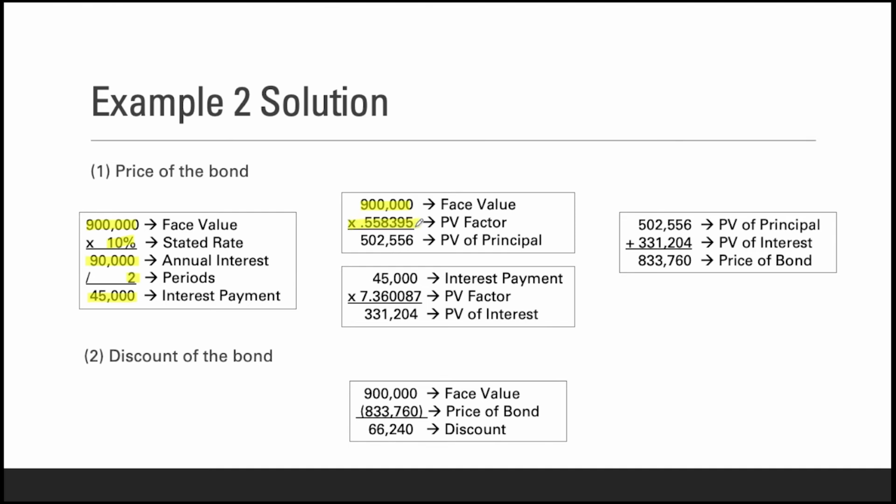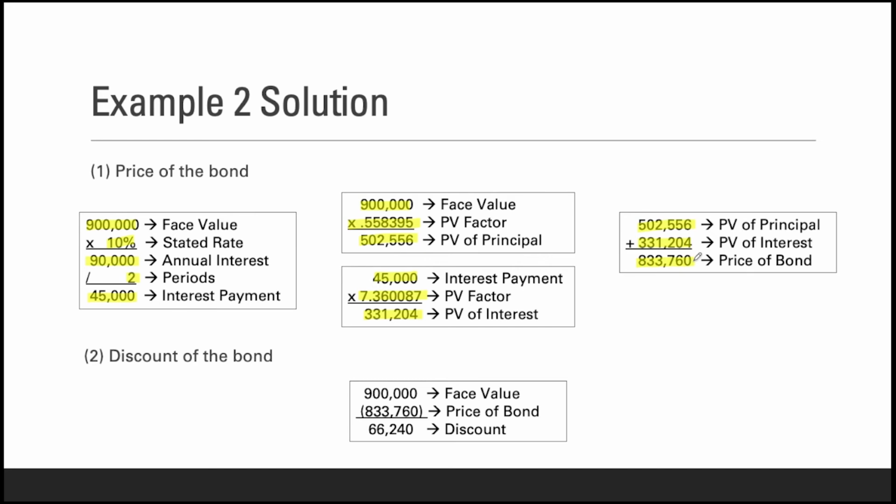So again, jumping back to the solution here, take your face value of $900,000, multiply it by its corresponding present value factor, and we get the present value of that principal, which is $502,556. Likewise, take your interest payment, multiply by its corresponding present value factor, and we get the present value of the interest payments, which is $331,204. And again, in order to determine the price of the bond, we're just going to add these two amounts together, so the $502,556 plus the $331,204 to determine the price of the bond at